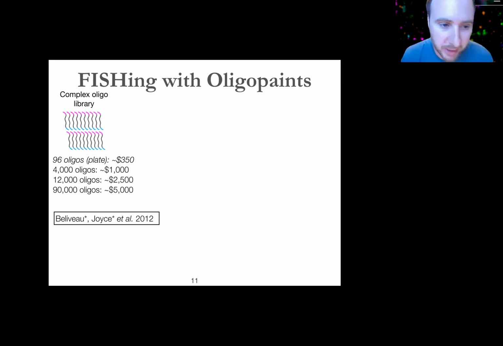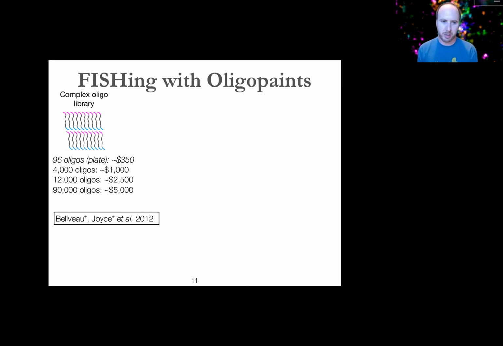Now the practical things to know if you're thinking about maybe using this technology and you haven't used it before, in terms of what it costs to get set up with one of these libraries. It depends a little bit on the scale and the complexity. This slide is actually a little bit out of date. If you want a lot of material for each individual oligo, you would typically order individual column synthesis products from IDT in plate format. Similar to ordering tubes of primers, here you're getting on the order of nanomoles per sequence. It's a lot of material, but you're paying a lot more because of it, and this doesn't scale well beyond a couple hundred oligos.